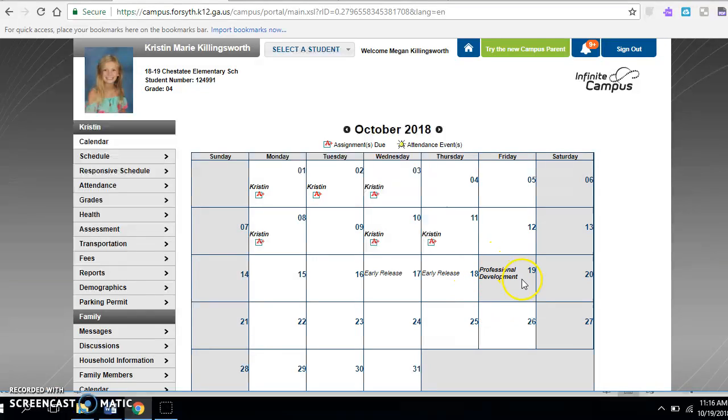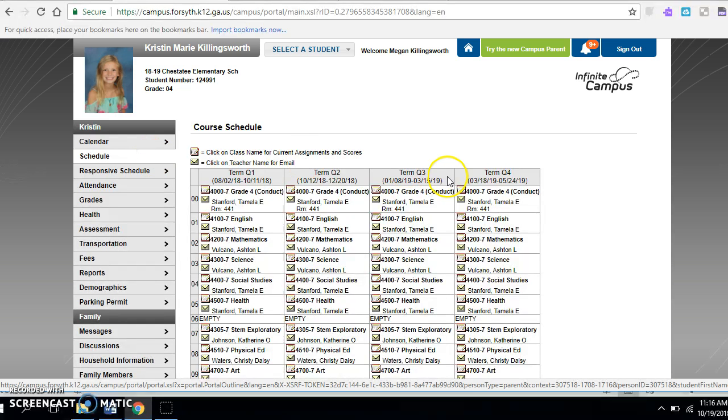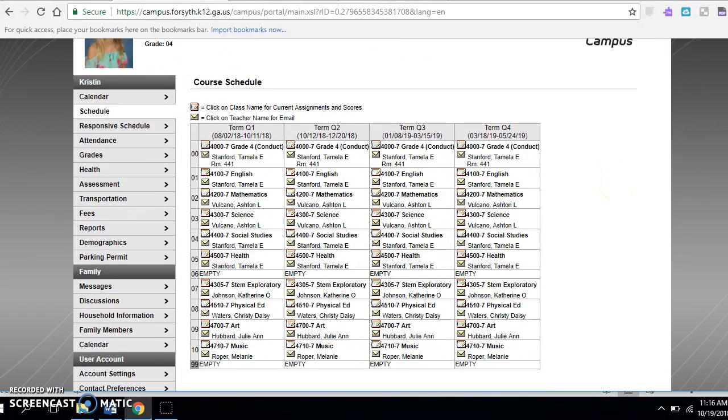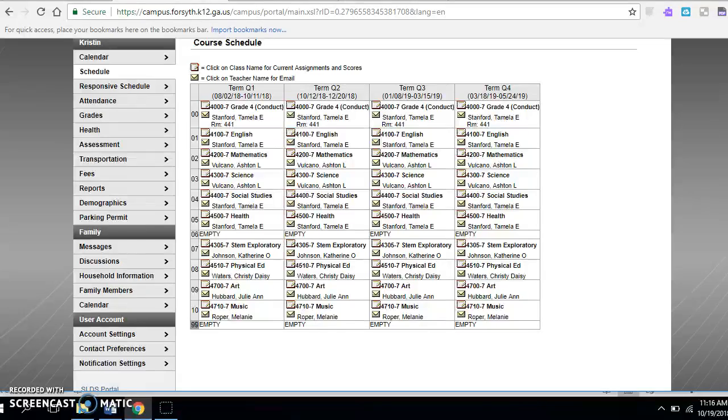So for instance, we're on a professional development day, and that's listed right here on that calendar. If I click on schedule, I can see all of my child's teachers and any teacher who is working with her. So the specials teachers are listed, the homeroom teachers are listed. If your child's in ESOL or the gifted program or EIP or Title, those teachers will be listed as well